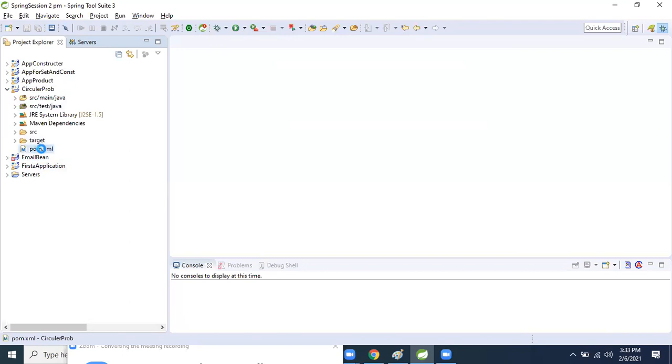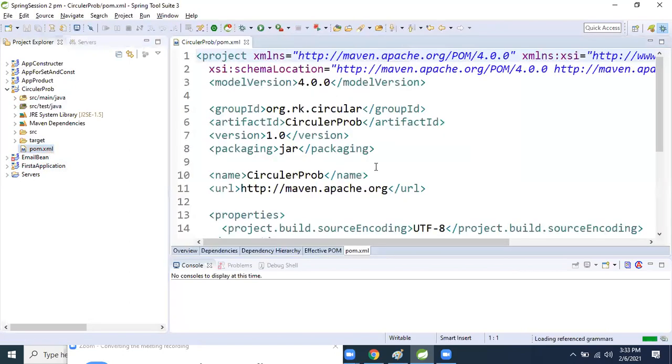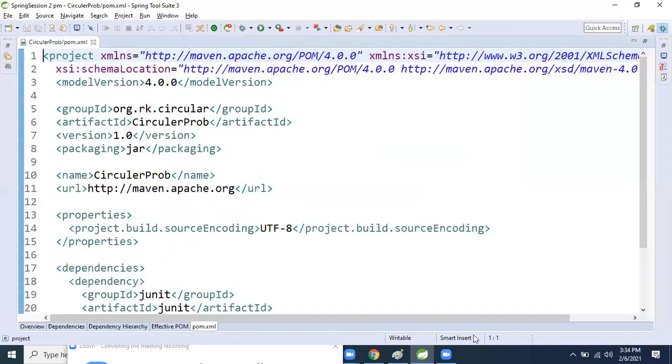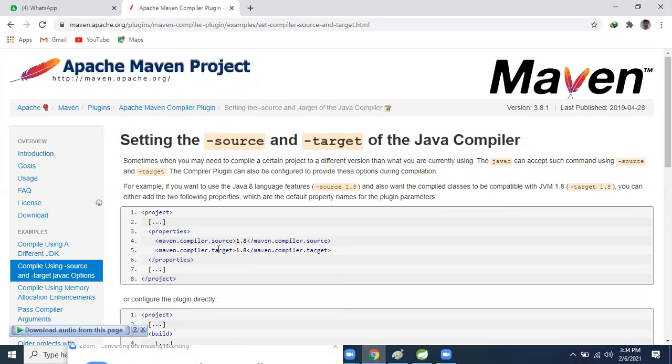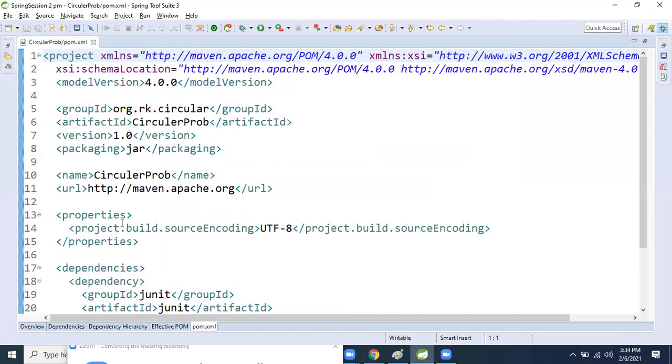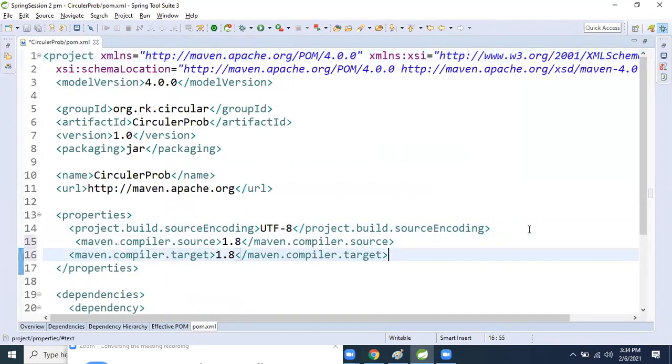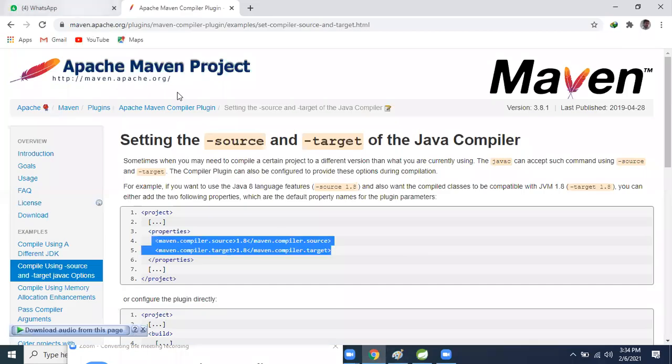Now we will go inside that pom.xml. After that, we will copy this tag to change the Java compiler version. We will paste it inside the properties tag. After that, we need the Spring context dependency.